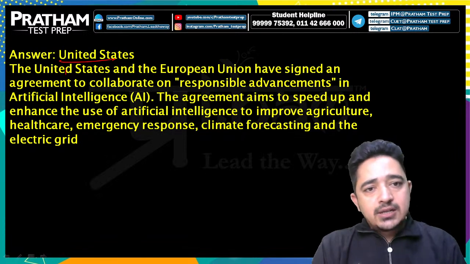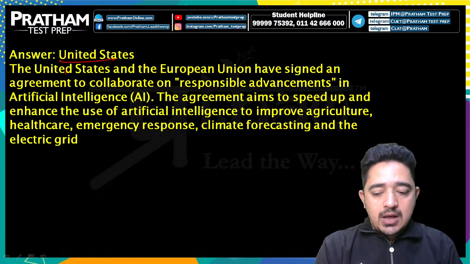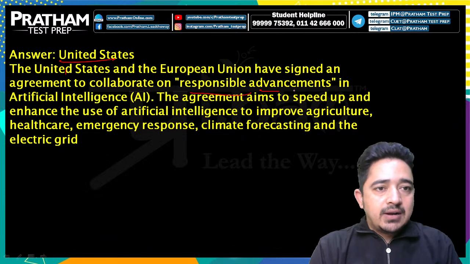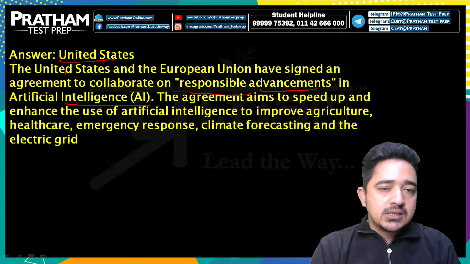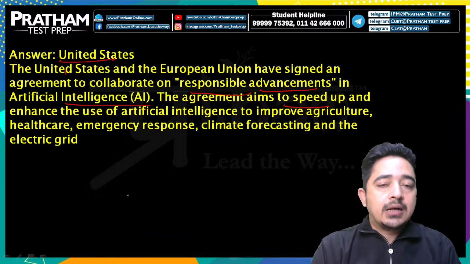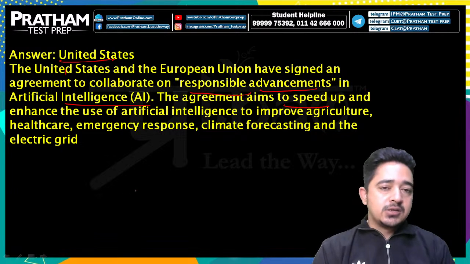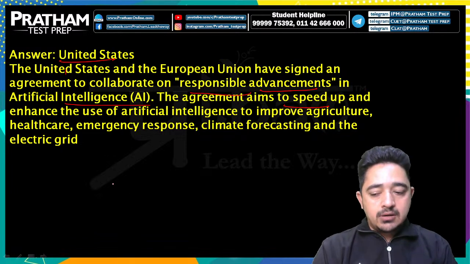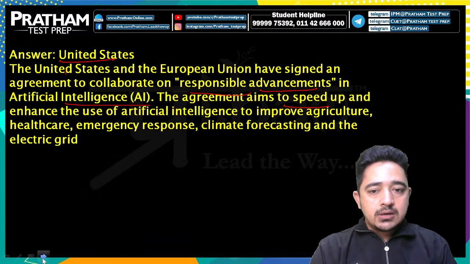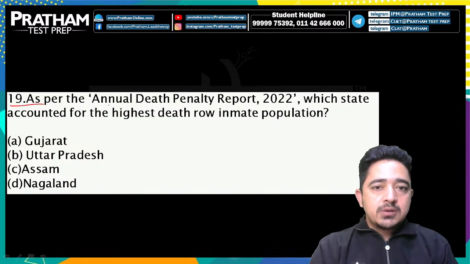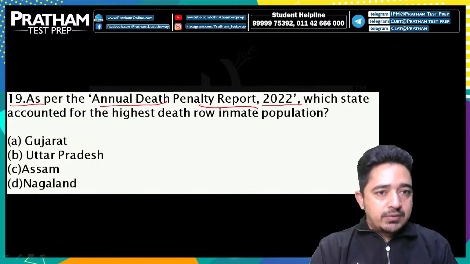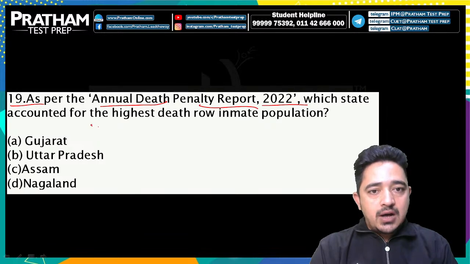The United States and the European Union have signed an agreement to collaborate on responsible advancement in artificial intelligence. The agreement aims to speed up and enhance the use of AI to improve agriculture, healthcare, emergency response, climate forecasting, and the electric grid. As per the annual death penalty report 2022, which state accounted for the highest death